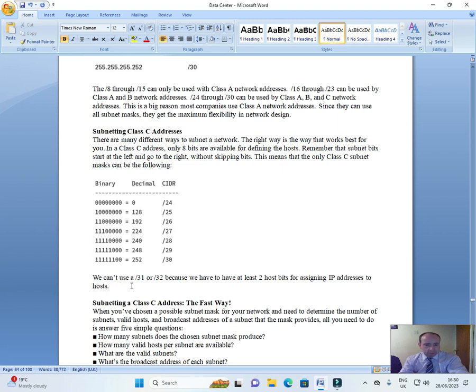We can't use a /31 or /32 because we have to have at least 2 bits for assigning IP addresses